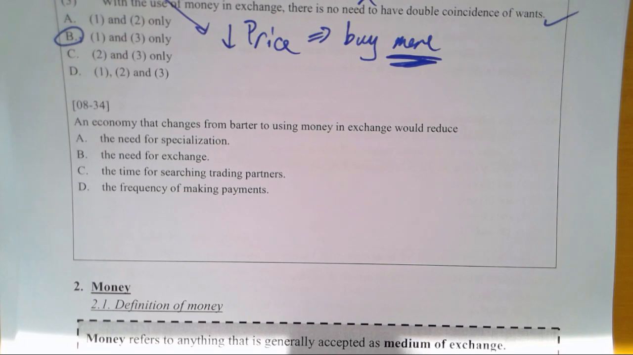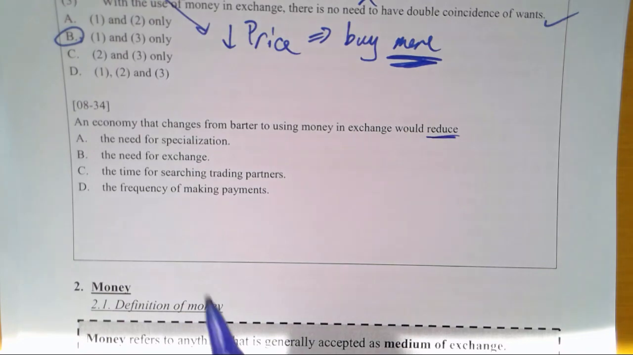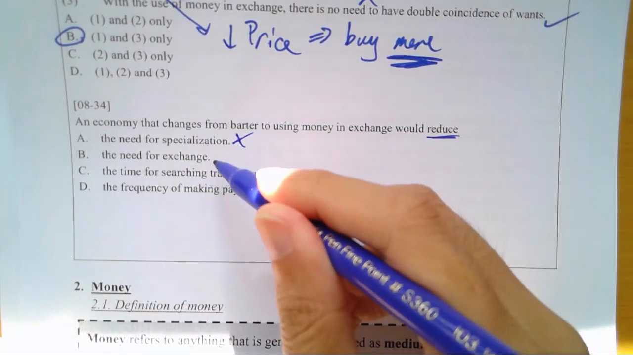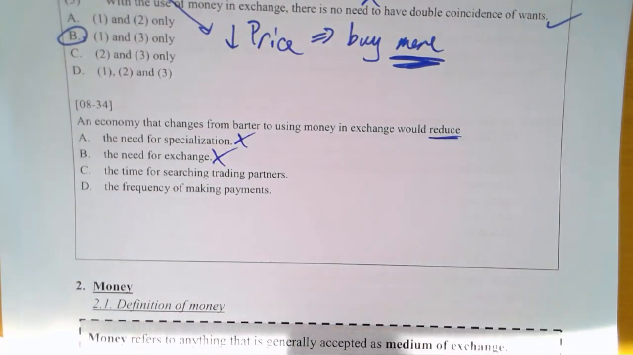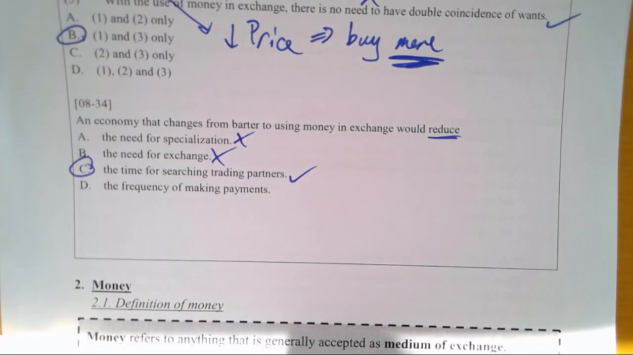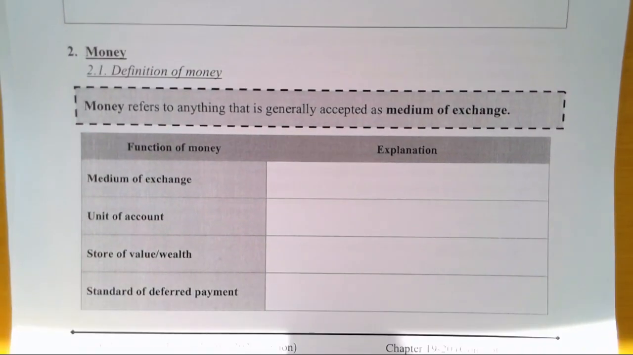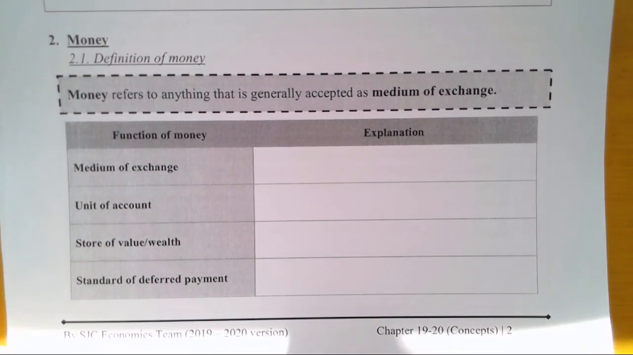Now here, an economy changes from barter to using money in exchange would reduce something. Okay, reduce something from barter to money. The need for specialization, no. The need for exchange, no. Time for searching partner, yes. We don't need to search that hard. Okay, frequency of making a payment, actually it's just the opposite. It should increase the frequency. Okay, 好嘛？嗱，呢個唔解太多啦。